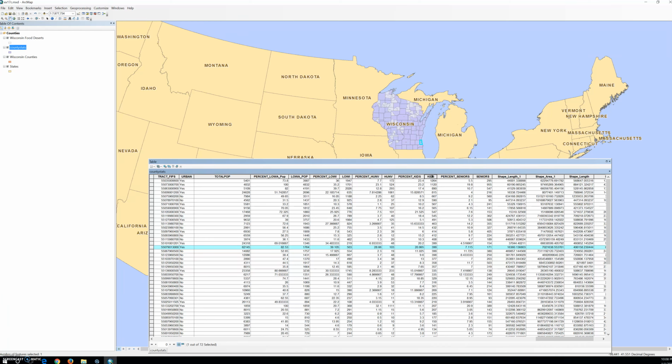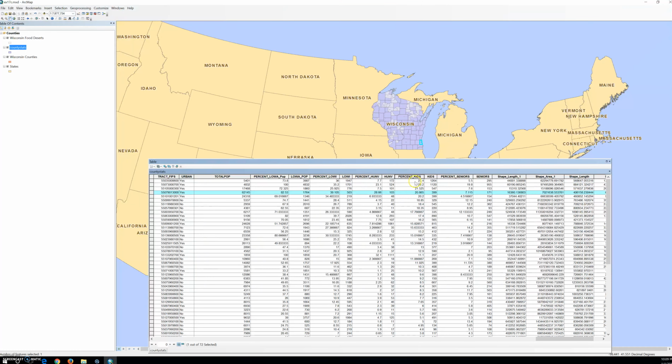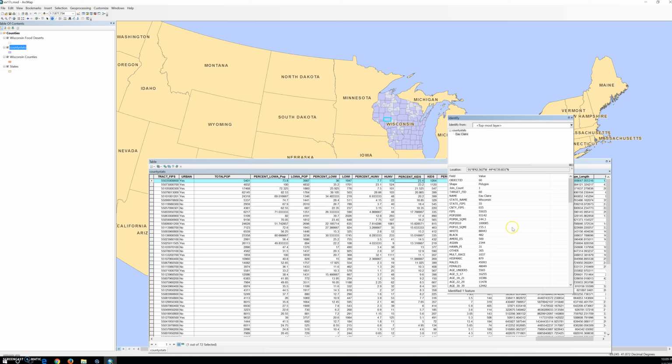This has the highest percentage. Okay, we sort this. The percentage of kids is 24, and it will be this county. And we're going to use the Identify tool to click it. It will be Eau Claire County that has the highest. So next you want to symbolize the map to show the number of people